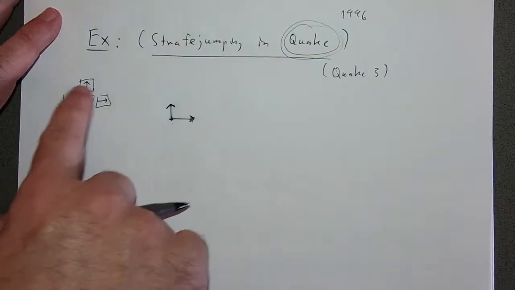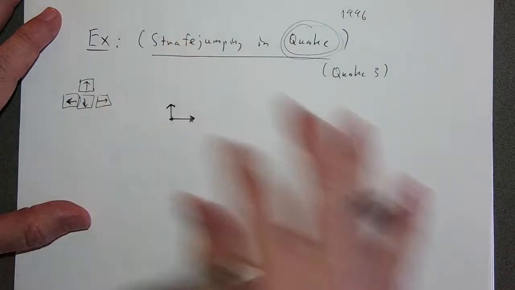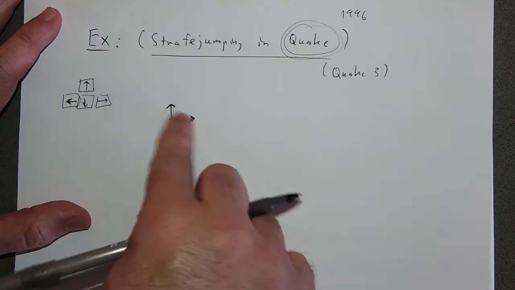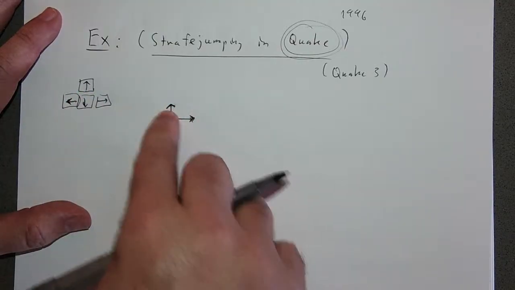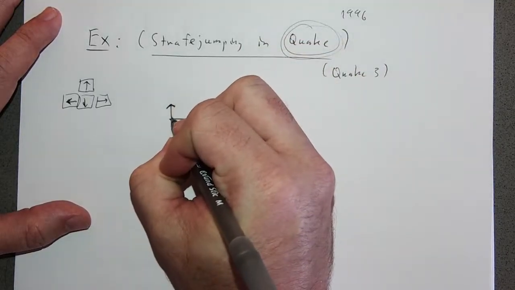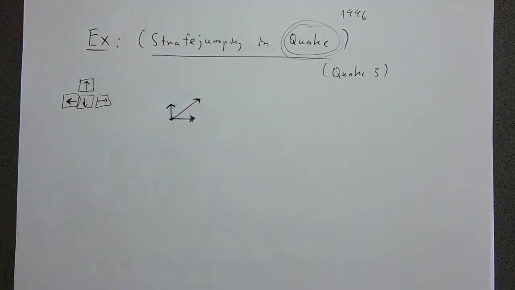Okay, now the question is, what happens when you hold a combination of the arrow keys? When you hold a combination of the arrow keys, instead of getting this unit vector here or here, you get the sum of these two unit vectors. And now you're thinking to yourself, well, is the sum of two unit vectors necessarily a unit vector? You can think to yourself about whether or not that is the case. But I can tell you right now that what ended up happening here is that,